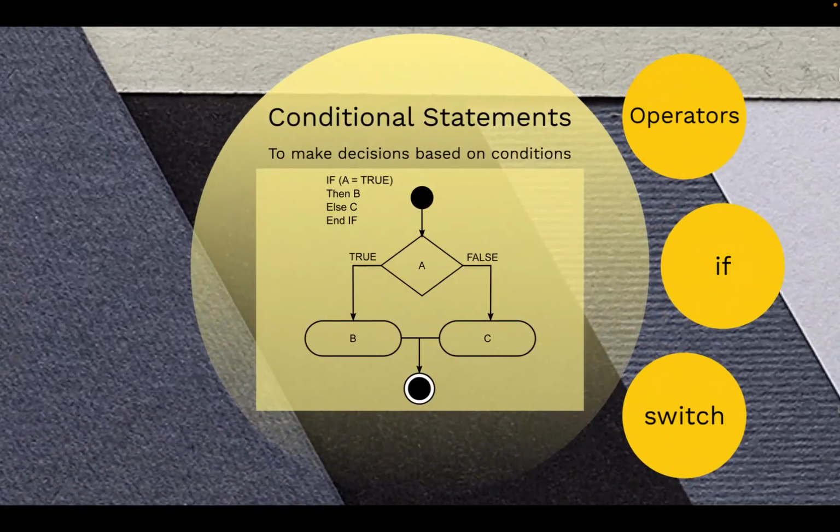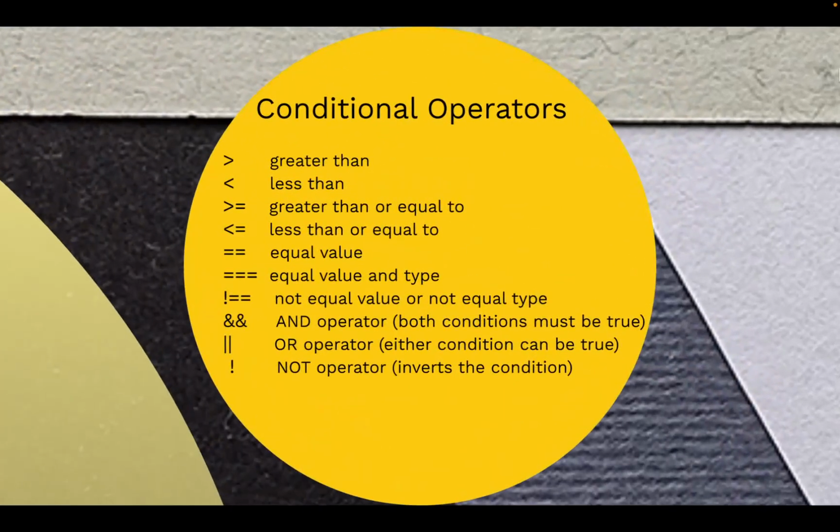Conditionals are the decision makers of your JavaScript code. They allow you to control what happens based on specific conditions. Before we get into conditional statements, let's take a look at the basic conditional operators that you might see in